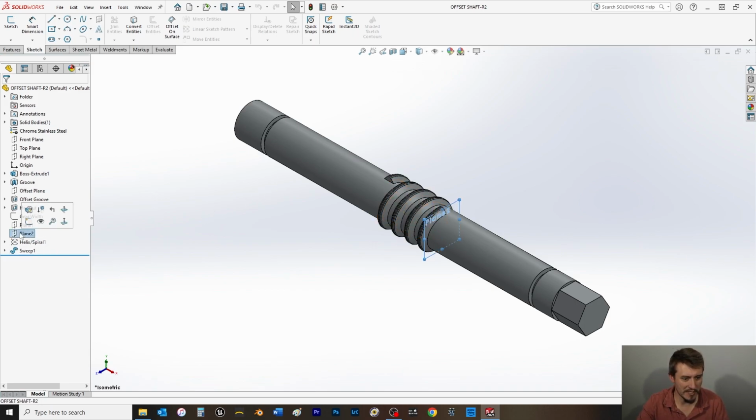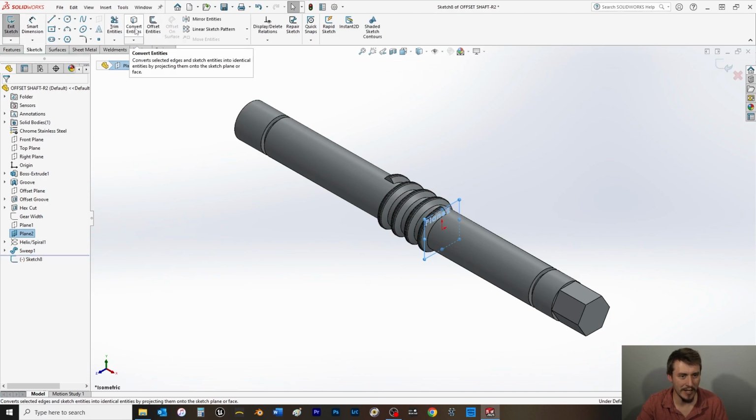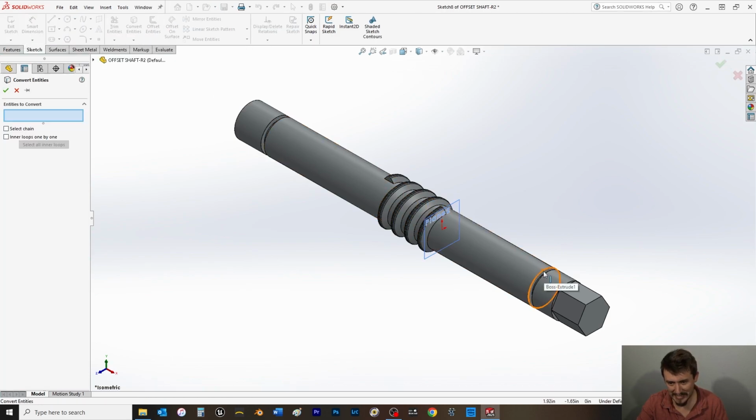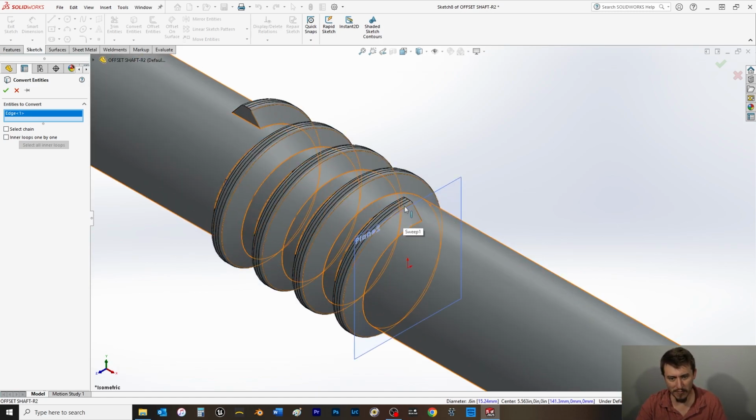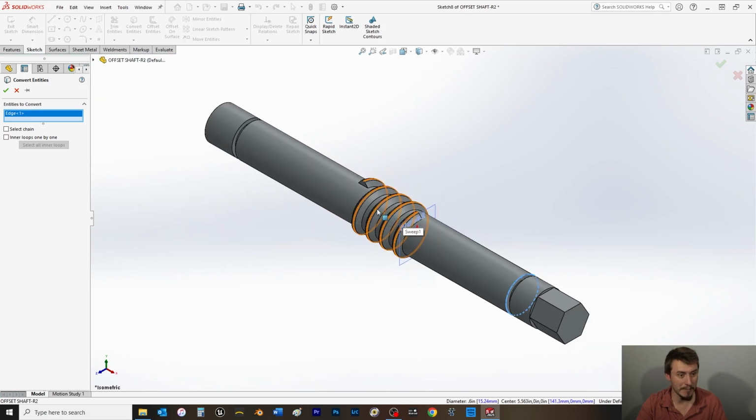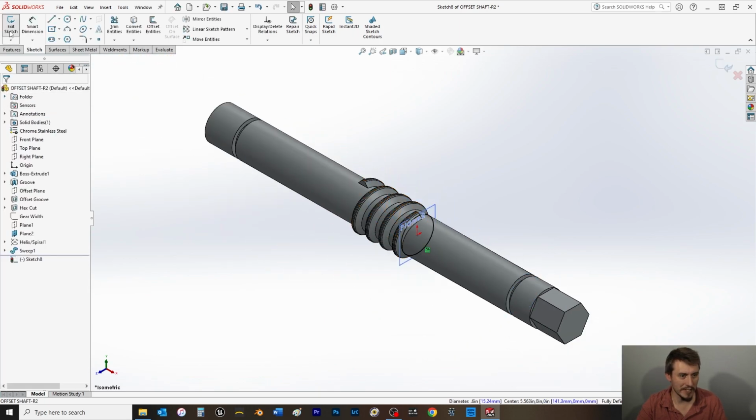We're first going to select plane 2, and I'm going to make it visible for better visual reference. Come to the Sketch tab, open a sketch, and this time we'll just do Convert Entities, and we'll just select this edge here because we need a complete circle. If we did it as we did in the previous, it would only give us half a circle because of this part of the profile that gear already made. So we can select OK, we can exit the sketch,